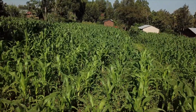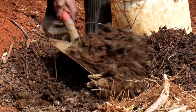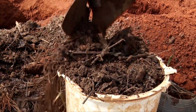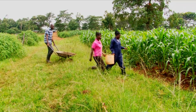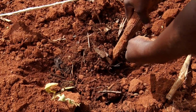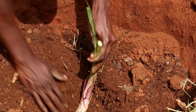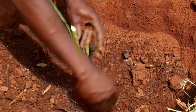Manure from livestock contains many important nutrients that are vital for plant growth. These nutrients make manure a valuable fertilizer that is easily available on many farms in Africa. Animal manure can be used to increase crop yields and improve soil fertility at a cheaper cost compared to synthetic